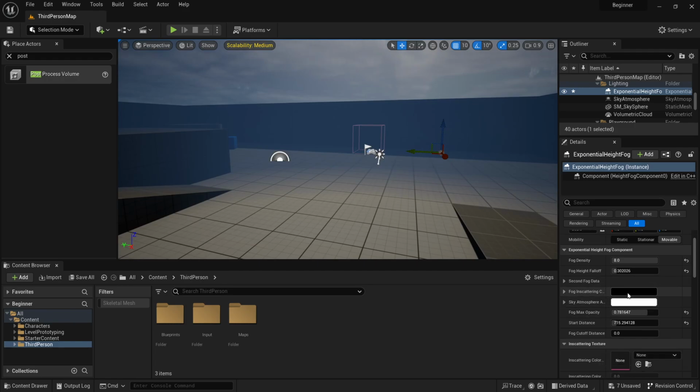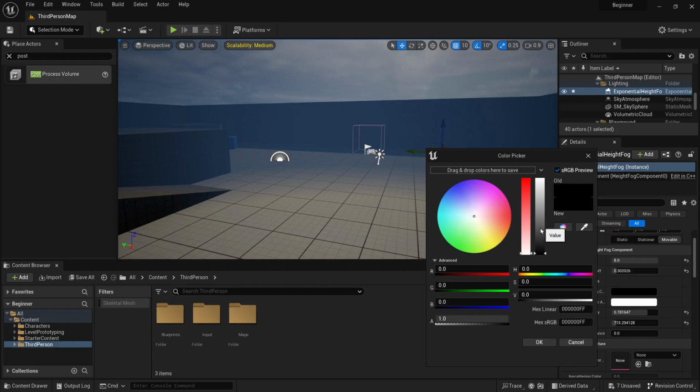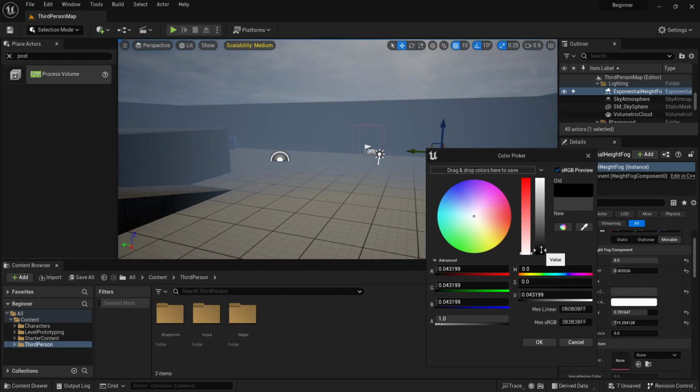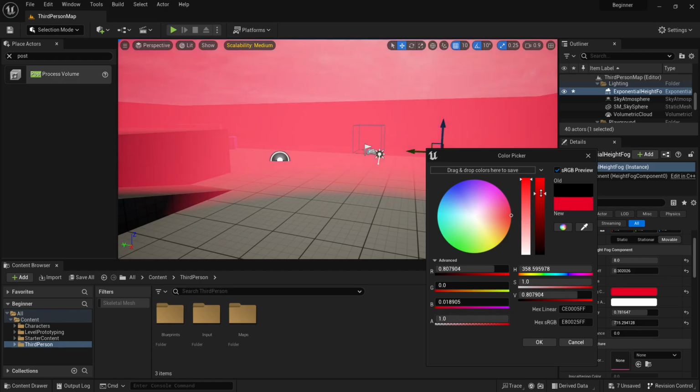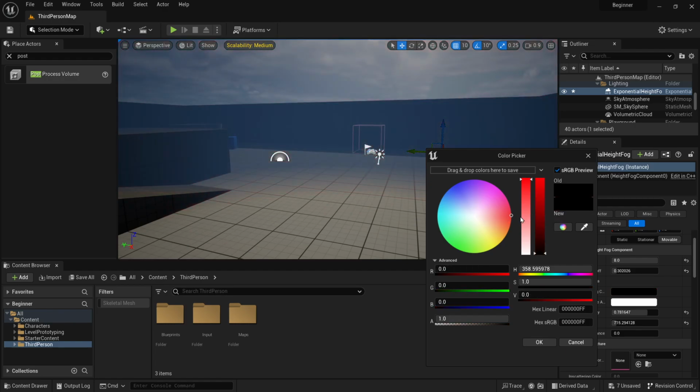As far as the scattering color, you can affect how light the fog is, and any colors you want applied to it. This is where I would suggest going into color theory and figuring out, depending on the kind of setting you're trying to establish. So if you want something spooky, but you know it's kind of dangerous, then you might have a kind of a reddish hint to it. Not overly done, not like that or anything, but something to where it's like,